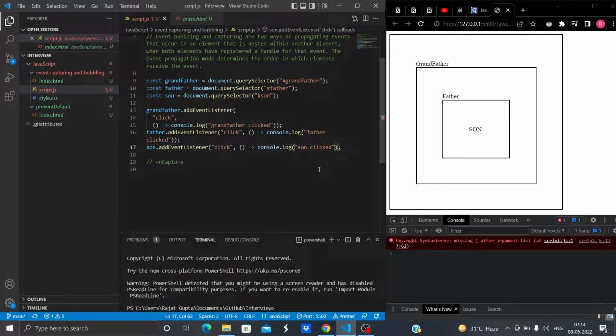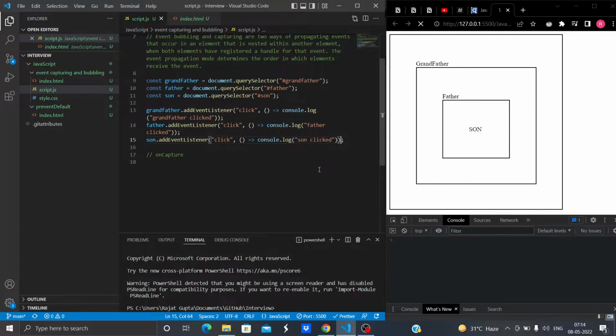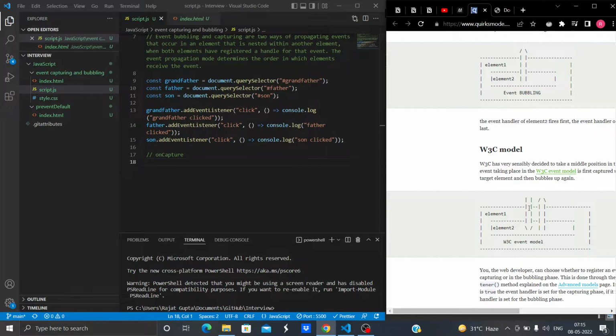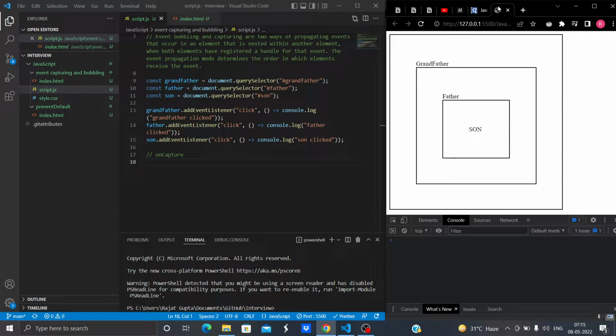Now see, we don't have this on capture attribute. That means by default on capture's value is false. Since its value is false, again first capturing will be executed, then bubbling will be executed. So let's execute capturing first.